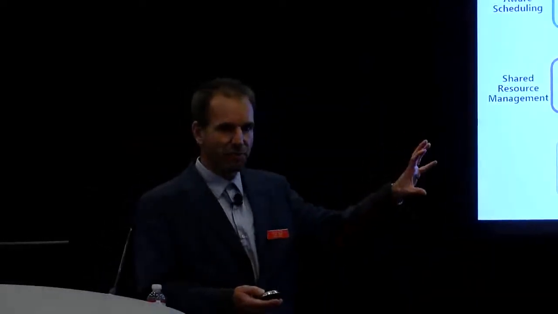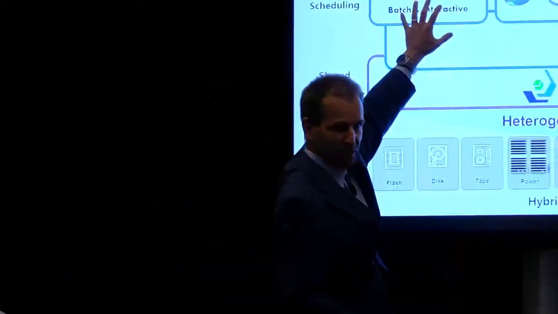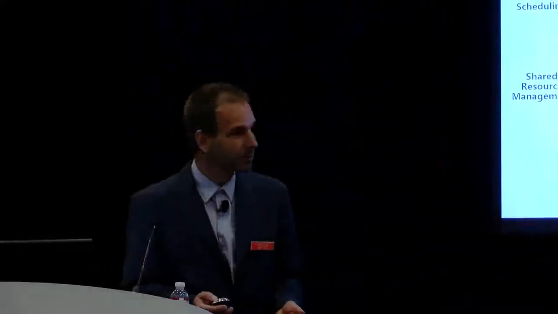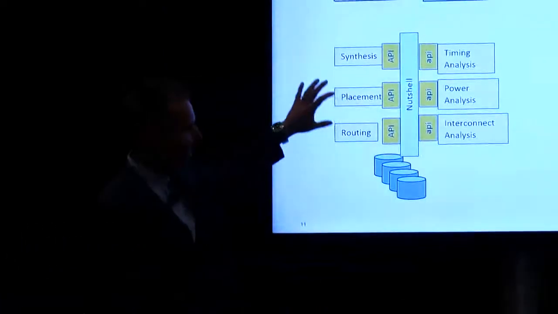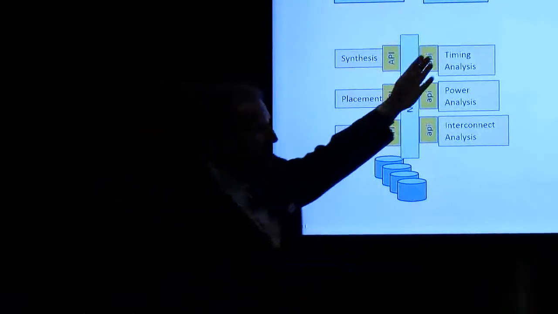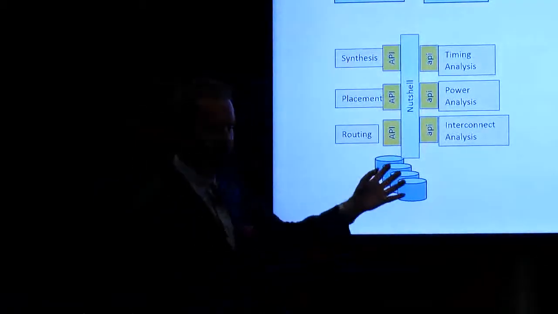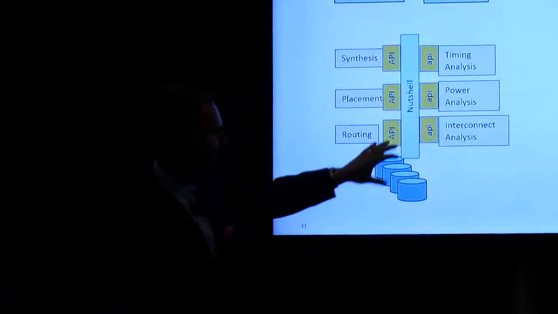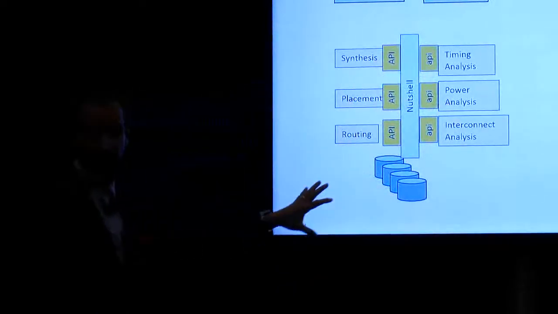Let me give you one example of how we took our digital implementation flow and started to turn it on its side. Instead of running everything as one big monolithic set of jobs, we started to distribute it over this environment to create that analytics capability. In your traditional digital implementation tool flow, you have a whole bunch of optimization engines, synthesis, placement, routing, and a lot of analysis tools. They talk together to a backbone database where we use OpenAccess, which I talked about this morning, with a bunch of APIs to put all these pieces together.